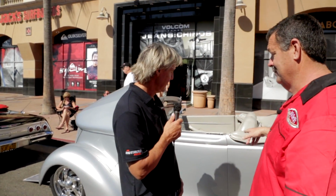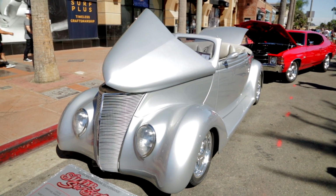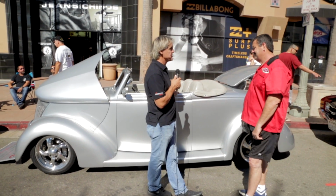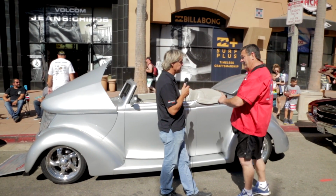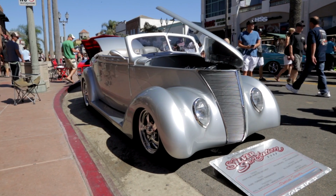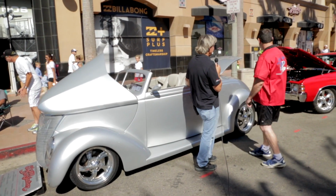And look, we're standing right in front of one of your members' '37 Cabriolet. This is actually Alan Silverman's '37, and it's an award-winning vehicle. Lovely. It drives like a champ. And what can you say about it? Well, I have a bit of a thing with '37s. Back in my museum, I've got the '37 Coupe in plum crazy purple. Typical hot rod colour, beautiful. And behind us here? Yeah, we have